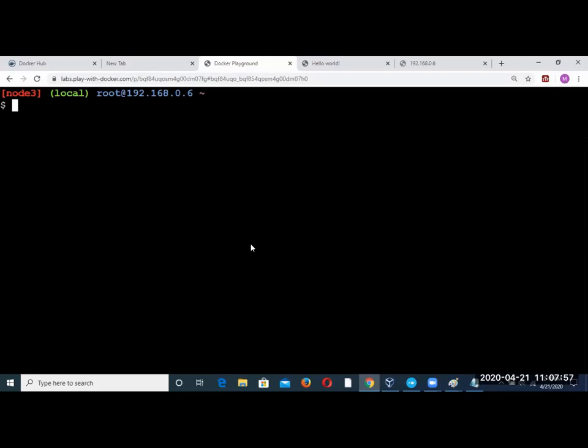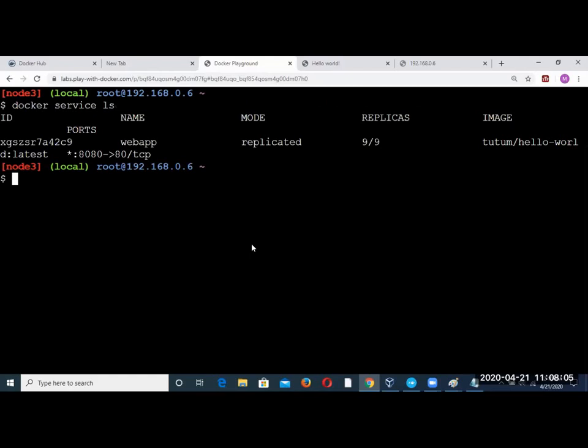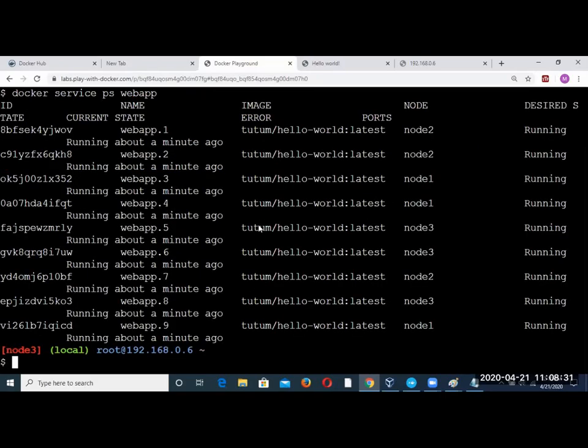Let's see here. Total 9 replicas, correct? Now let's go. If you see on node 1, how many replicas are there?